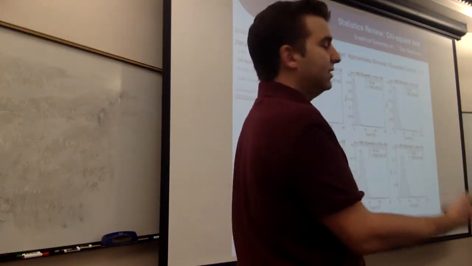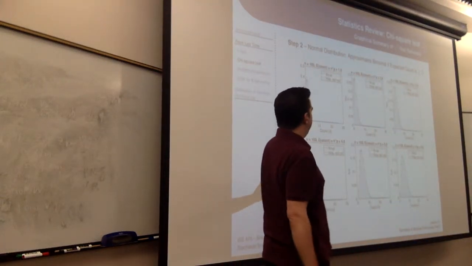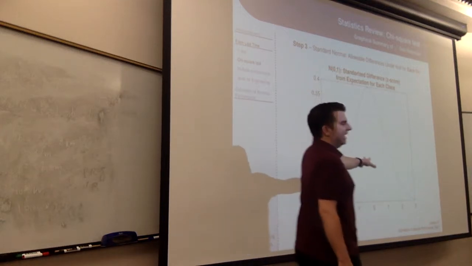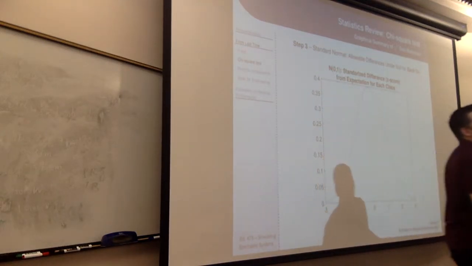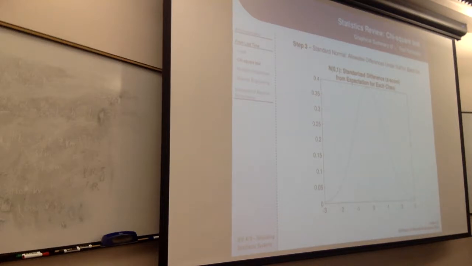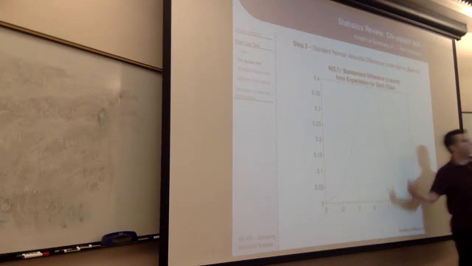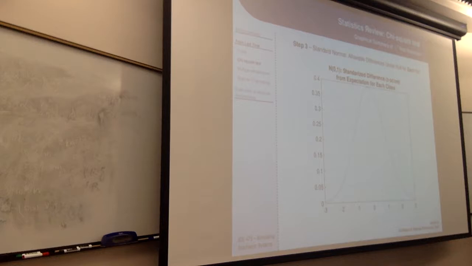And so what that allows us to do is then replace those binomial distributions with a standardized score. So now we can say, I expected there to be 5.5 coins to land heads in this bin, and I actually got 10 coins landed heads in this bin. How do I capture how weird that result is just for this bin? If I can approximate the binomial with a normal, I can then replace the counts with a z-score. So I can say, what's 10 minus the expectation, 5.5, divided by the standard deviation,